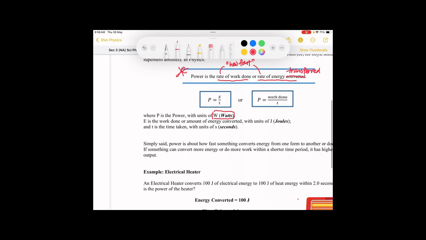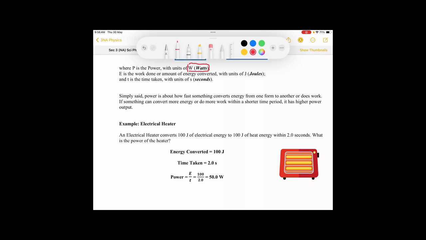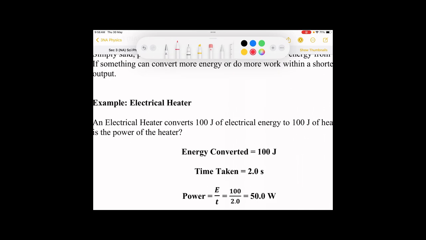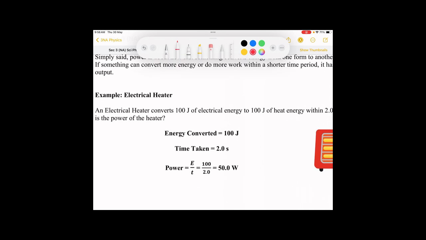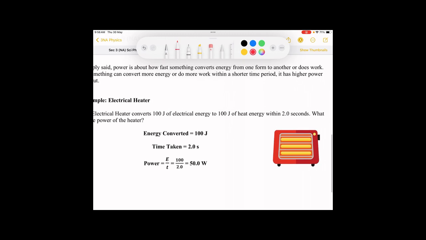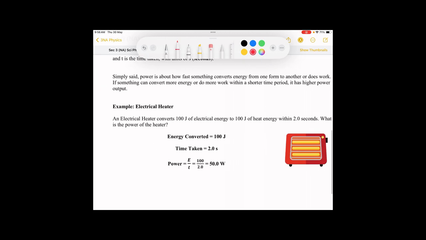Okay, so let's look at this case. An electrical heater converts 100 joules of electrical energy to 100 joules of heat energy within 2 seconds. What is the power of the heater? So we look at the amount of energy converted here is 100 joules from electrical to heat, and the time